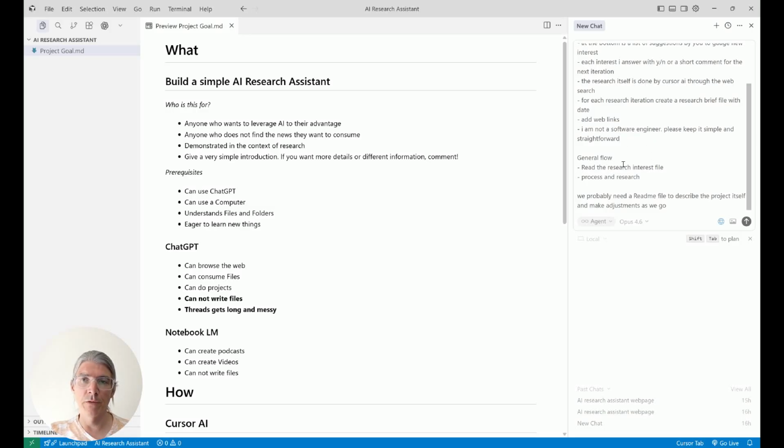The general flow should be like: research the interest file, and then process and research. We probably also need a README file. A README file is basically just a general file that is added to the project that describes the project itself. So we have meta information, what this is about, which we can also adjust as we go to see if there may be additional information we want to give the AI, and also for us for later to understand